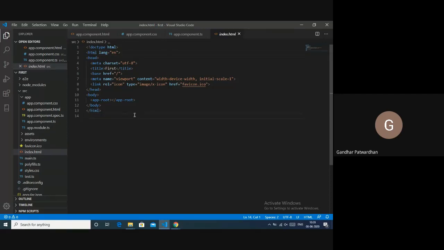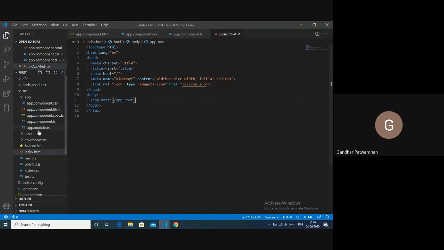Why I am saying only one HTML file is because this is the HTML file which has the HTML tag and the head tag. If you remember, I had stated that in any other HTML file, we will not be giving any HTML tag or head tag or even body tag, right. We would directly write different components or different elements of HTML. Right now, in this HTML file, what we have is an element which is app-root. This app-root is called a selector, right? And this is the selector of the root component which is present in our application.